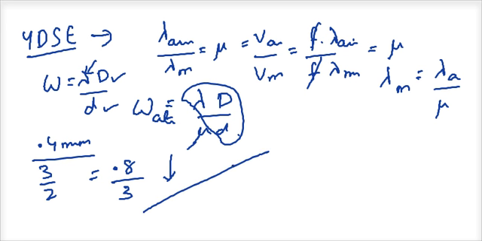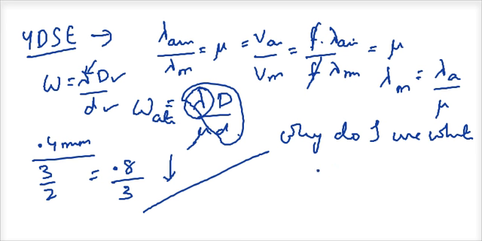Okay, so now this also gives me one very interesting question. Understand that the fringe width depends upon lambda. Now why do we not use white light in a YDSE? Because if you use white light you will end up in difficulties. What difficulty? You understand that different lambdas will have different fringe widths. So at the center, all of them will have a bright fringe, so it will look white, there is no problem.